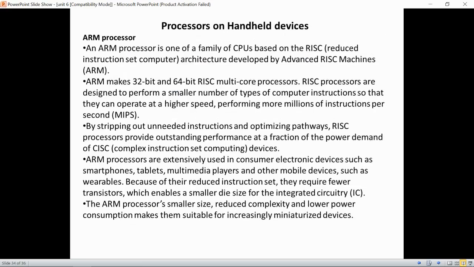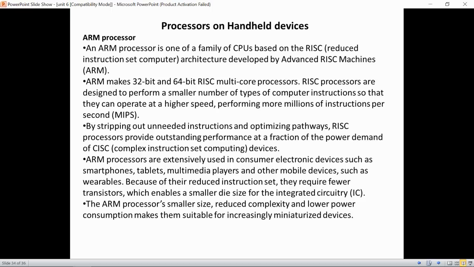They are very high performance CPUs. If we want to measure their speed, we may measure it in MIPS, that is millions of instructions per second. How many instructions does it execute? All the unnecessary instructions which were there in your CISC system, the more complex system which we have, all the instructions which we barely use in that, we stripped them out. They were no longer required.